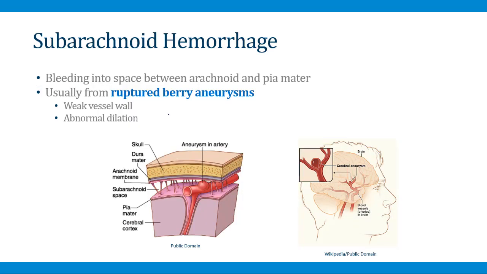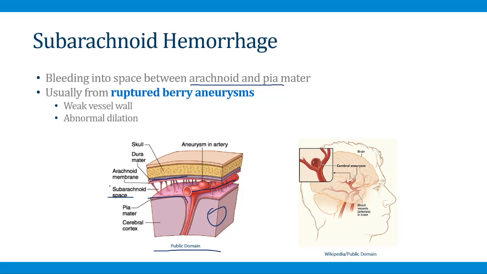A subarachnoid hemorrhage is bleeding into the space between the arachnoid and the pia mater. If you look at this drawing in the bottom left side of the screen, we've got the brain tissue here. This is the pia mater shown in pink. This is the arachnoid shown in blue. And between the pia mater and the arachnoid membrane is the subarachnoid space, and that's where major blood vessels run. If one of those blood vessels ruptures, that will cause bleeding into the subarachnoid space, and that's called a subarachnoid